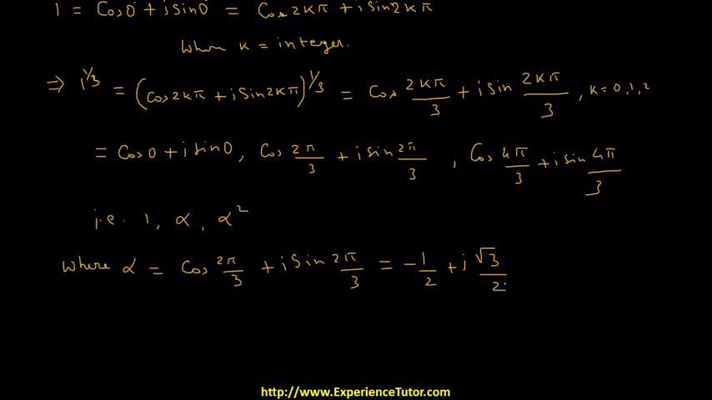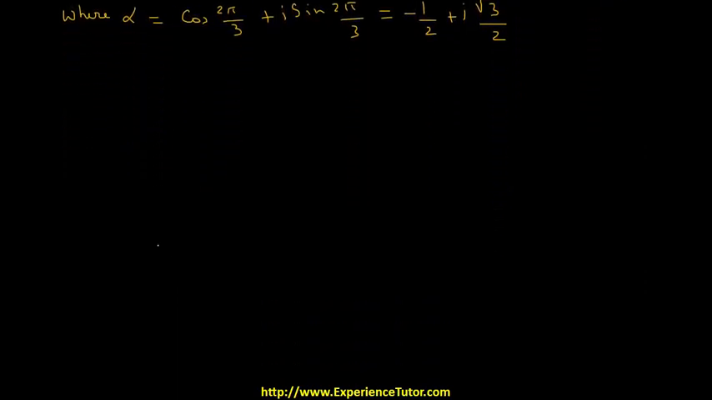Here we have observed that there are three cube roots of unity given by one, then minus half plus i root 3 by 2, and third one is minus half minus i root 3 by 2, out of which one is purely real, other two are conjugate complex numbers